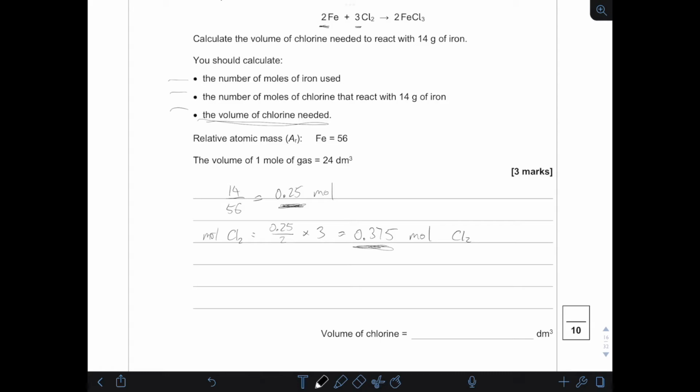Well, we don't even need to use the ideal gas equation. It's given to you. 1 mole is 24 decimeter cube, and your answer is in decimeter cube. There are literally no traps in this question. So we have that amount of moles, so 24 dm cube times 0.375 moles